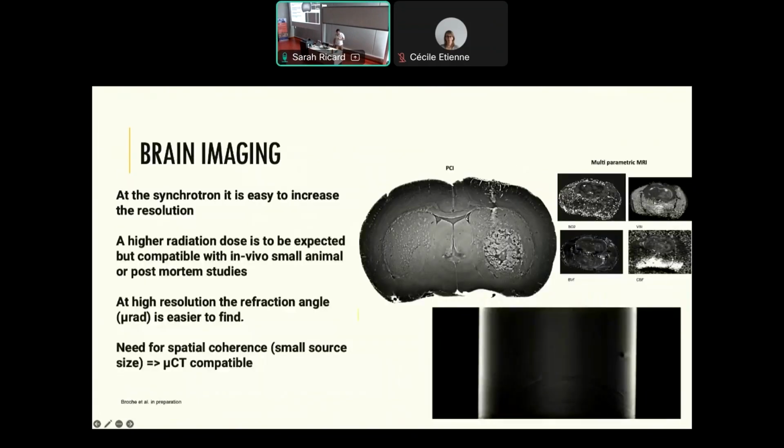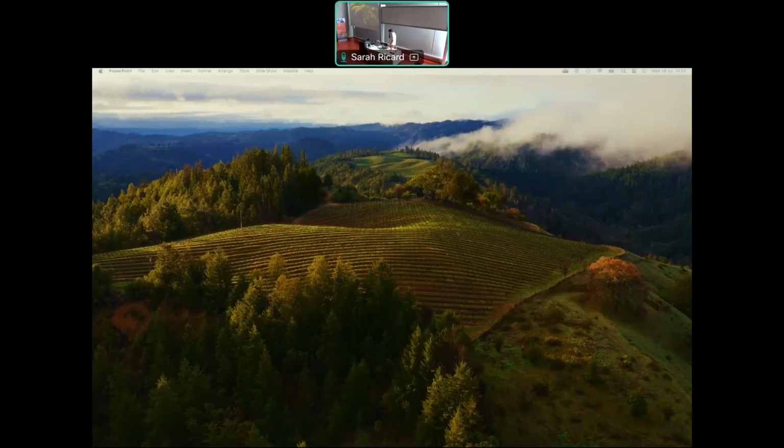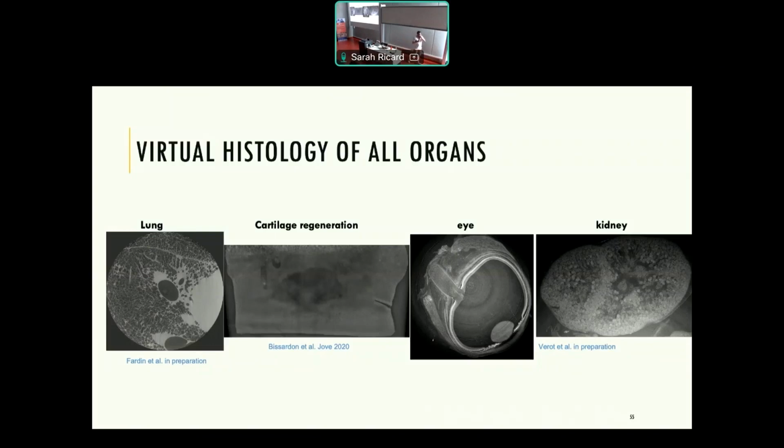But this property is interesting for many different tissues, and this is an example of what we can get for brain imaging. So in this project, what we've done is to compare. So this is a brain tumor, and what we get from this multiparametric MRI that's normal. What is interesting, as I said, is that thanks to the fact that the X-ray wavelength is really small,